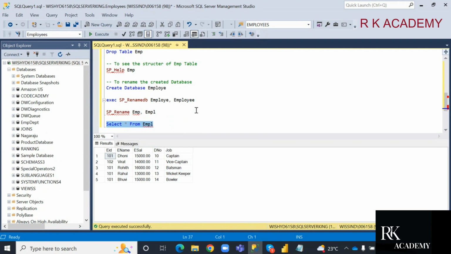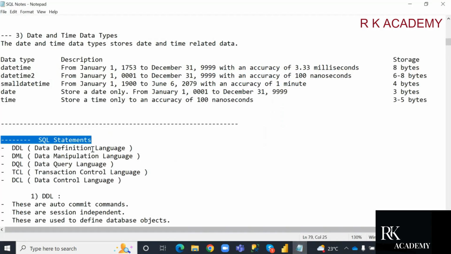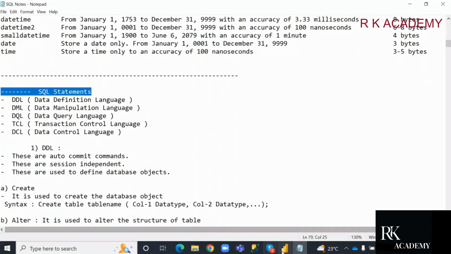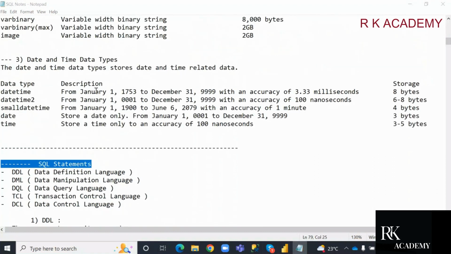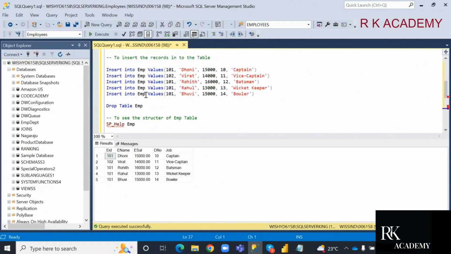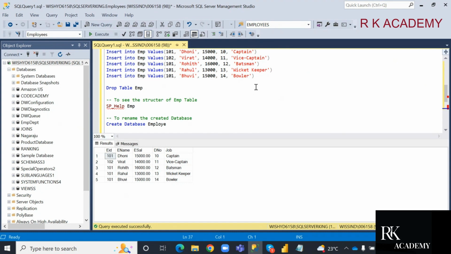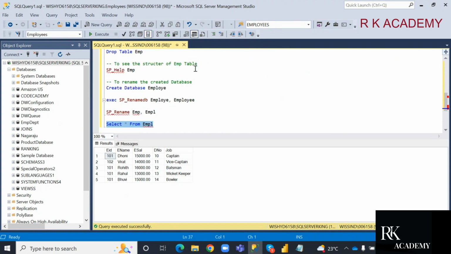Is it clear, guys? Okay, so in next class, we are going to discuss about this one, guys. These are the basic concepts, right? Okay, so once creating the database with queries, under that database, creating the table, under the table, adding the data. Once tables are created, how to rename the database, how to rename the table, that is clear, guys. So then after, we are going to